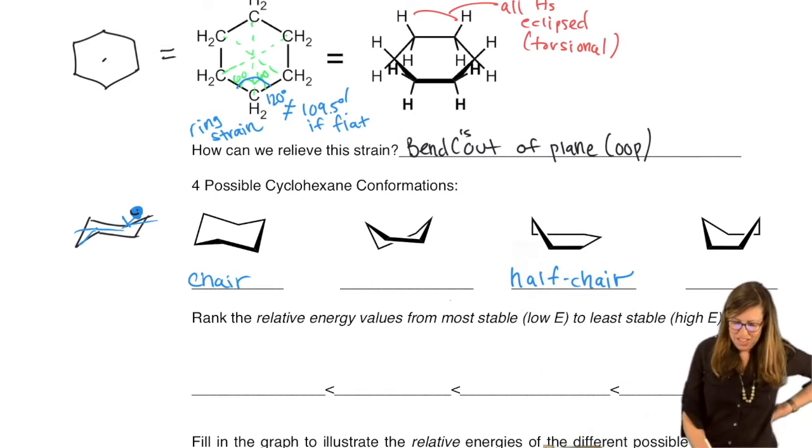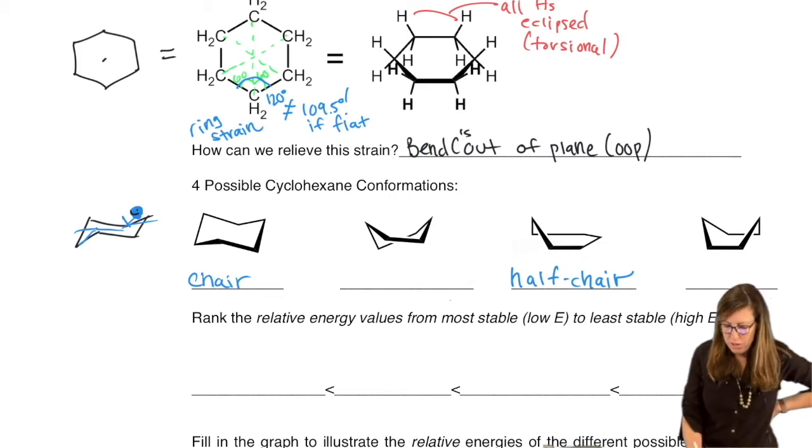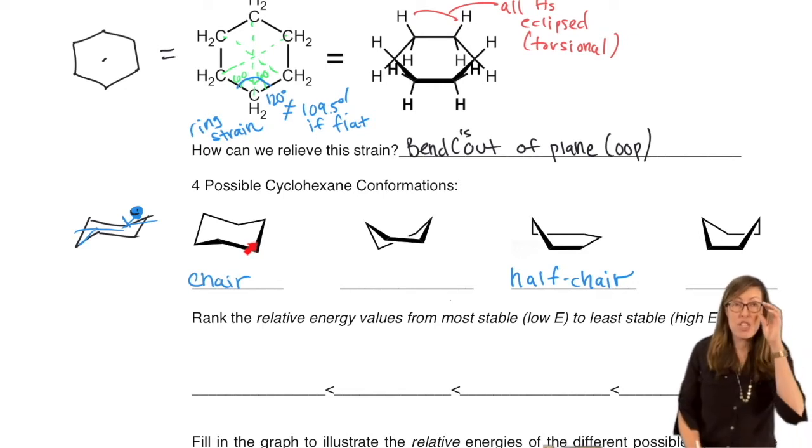Sometimes it's drawn a little more stretched out like this, where you can clearly see it. My computer program makes it a little more compact, but you can see this is the flap that folds down, kind of like an envelope. This is the flap that folds up. And you've got kind of like a parallelogram here with two triangles. And why this is so great for cyclohexane is because look what it does. Up, down, up, down, up, down. We have a zigzag conformation like we saw straight chain alkanes adopt.